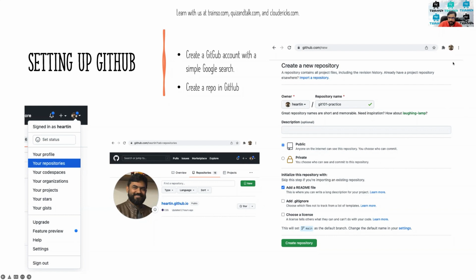So the first prerequisite is going to the internet, searching for GitHub and creating a GitHub account. The second step is creating a repository in your GitHub account. For that, you have this drop down under your name, and then you can click on your repositories, and then you can click on New. And then you will get a page similar to this,